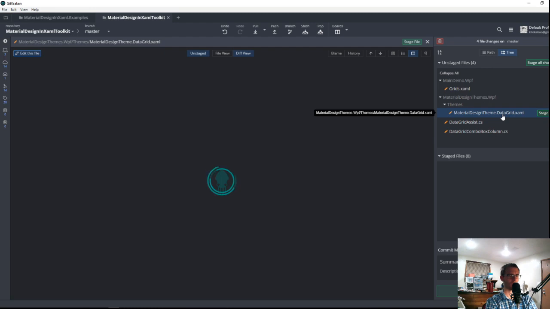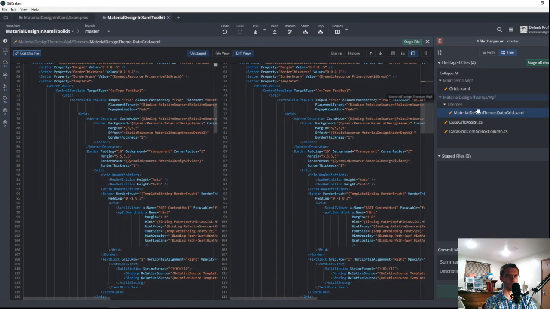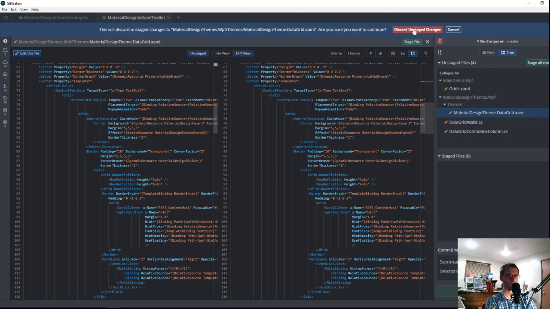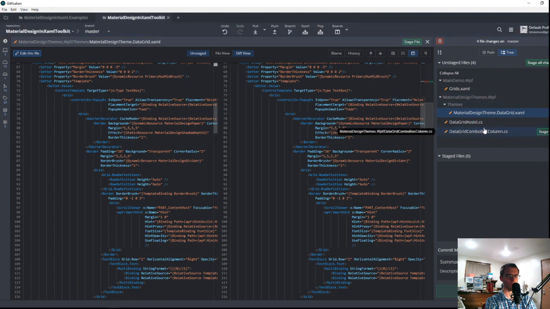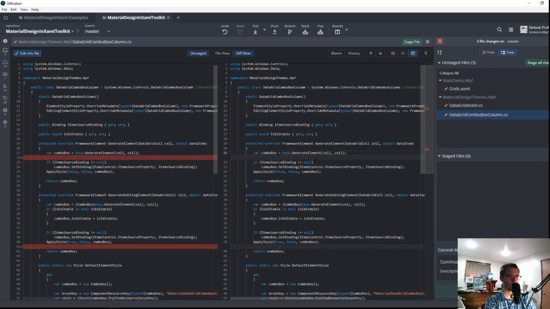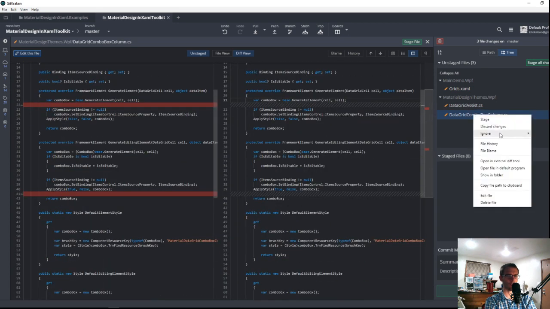Okay, so the DataGrid.xaml. What did we change in here? Oh, same type of thing. Don't believe that was necessary. Discard changes. Okay, combo box column, white space changes. Don't matter.